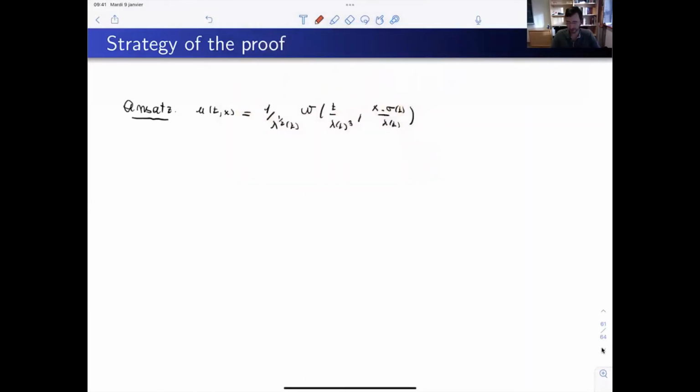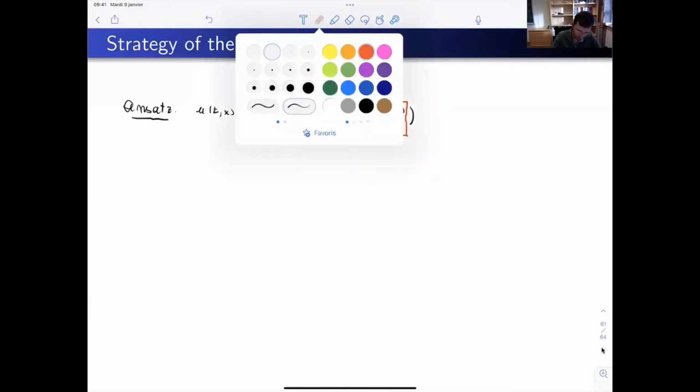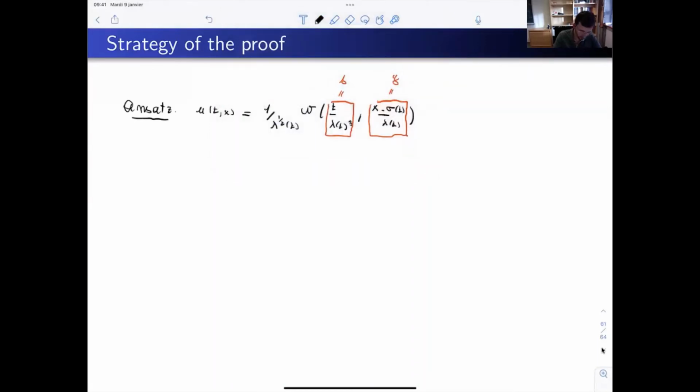It is not surprising that I'm looking for such a solution, because this is somehow the scaling and translation invariance transformation. The only thing is that I let the parameters depend also on time. So it is very natural to change variables: I call this s, a new time variable, and also a new space variable, which I call y. Then if I want u to be a solution of my equation, I find that w must satisfy